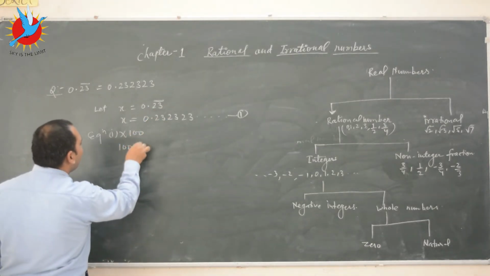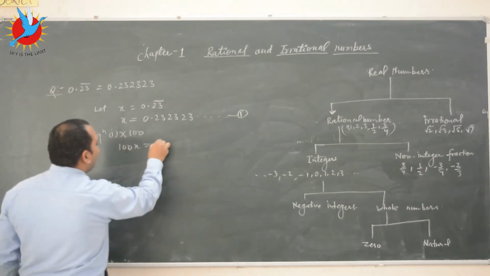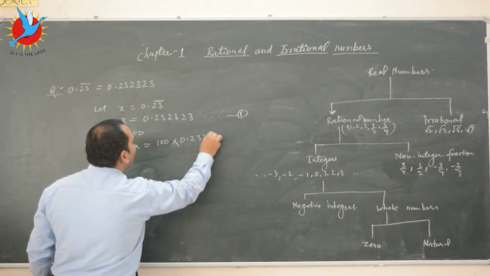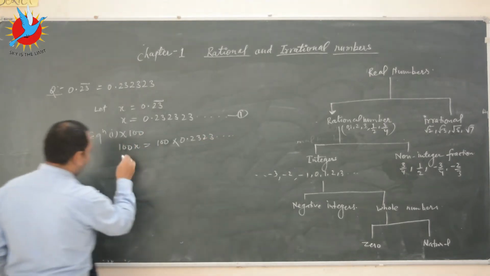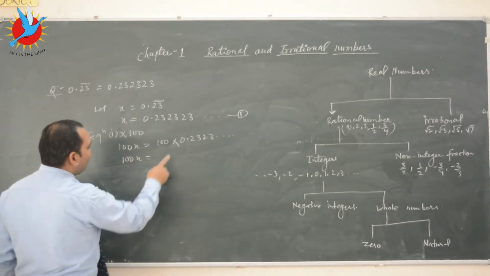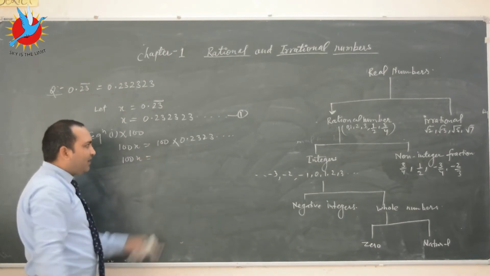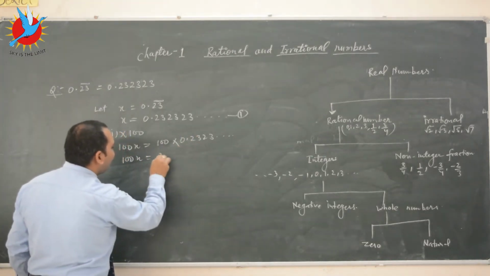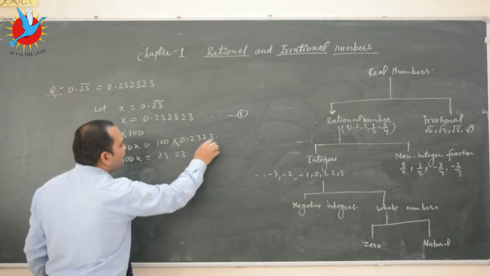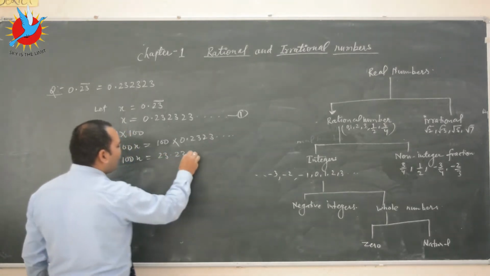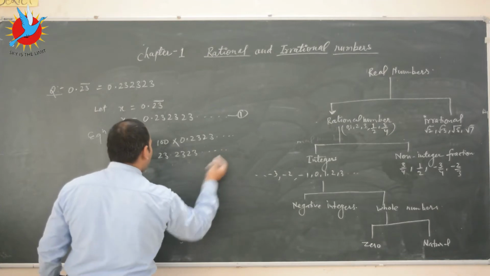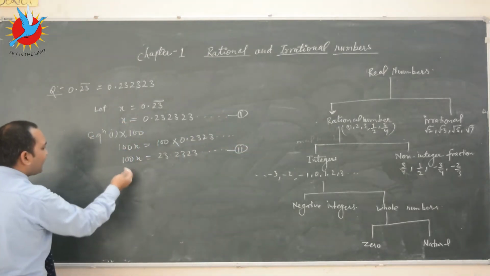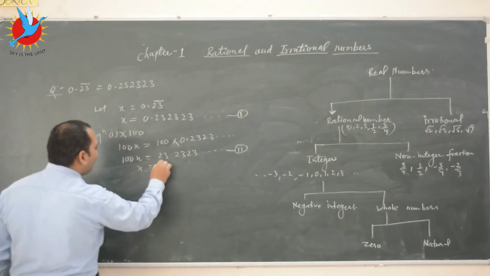So 100 into x, that is 100x, and multiplying the right-hand side by 100, that is 0.2323 and so on. So 100x is equal to, if we multiply by 100 in this decimal number, the decimal moves two digits to the right: 23.23, repeating infinite times, 2323. This is equation second. Once again, subtract from the second, that is